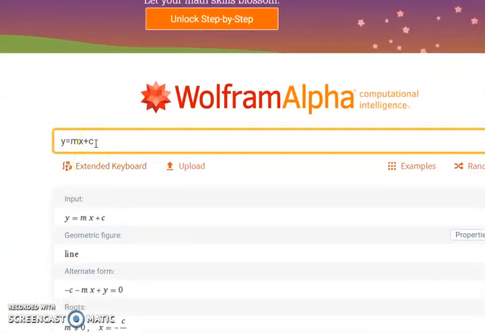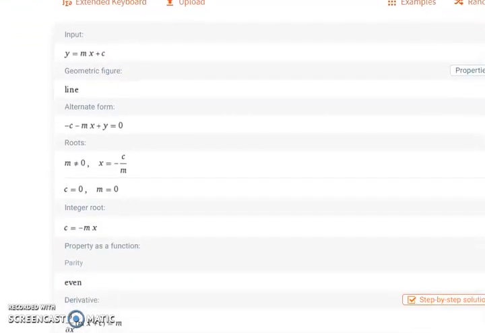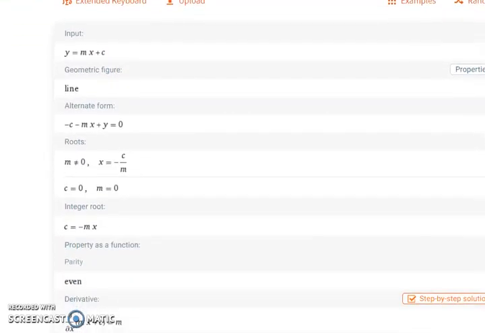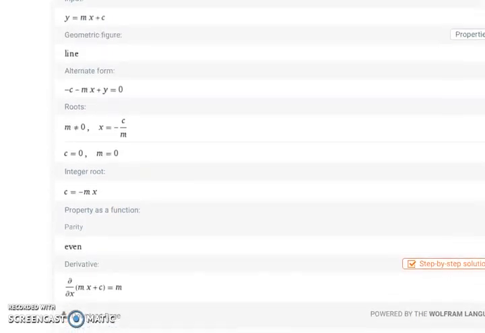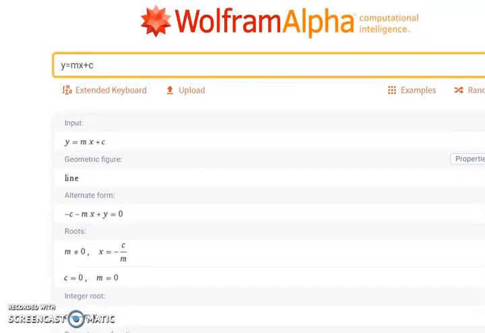I have submitted the value y equals mx plus c, and it has taken me to this page which has every detail about this particular equation, starting from what it means, its form, its differential form, every detail is available on this page.